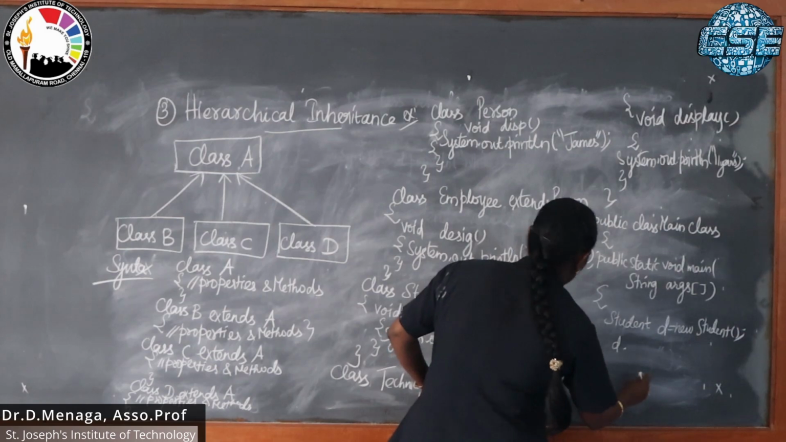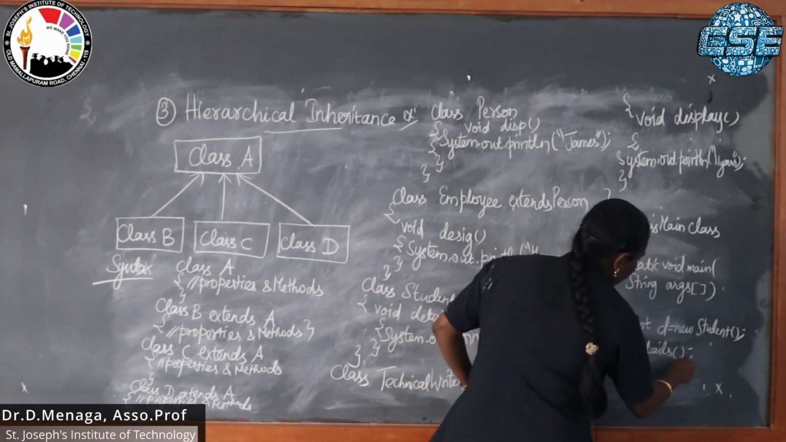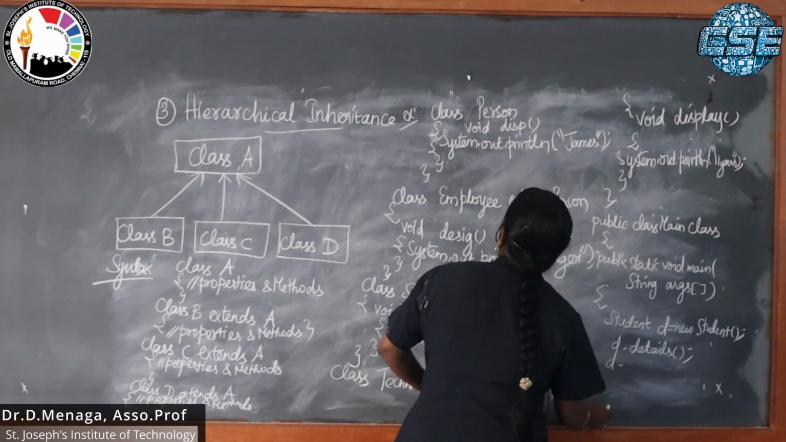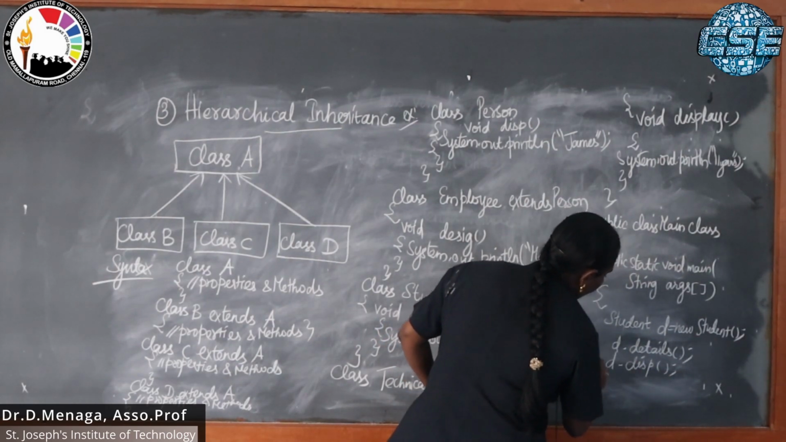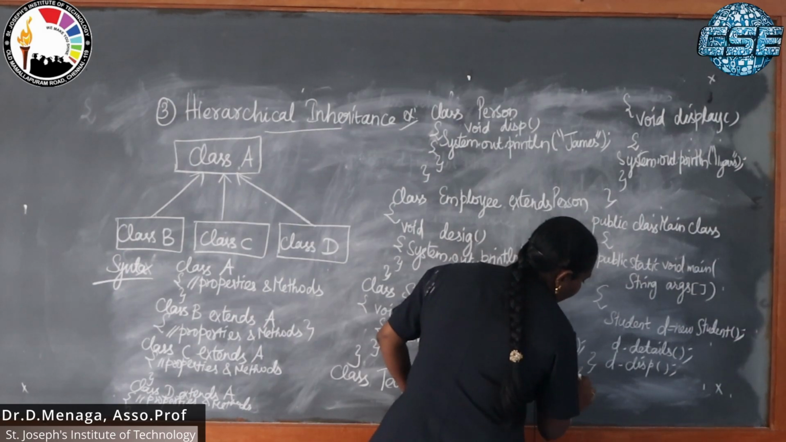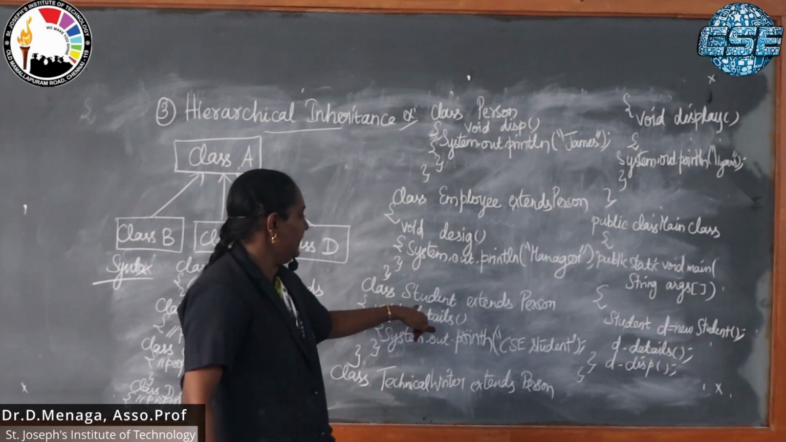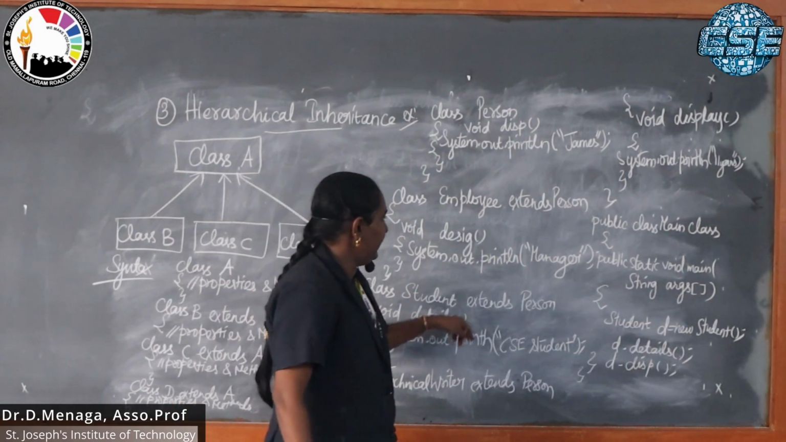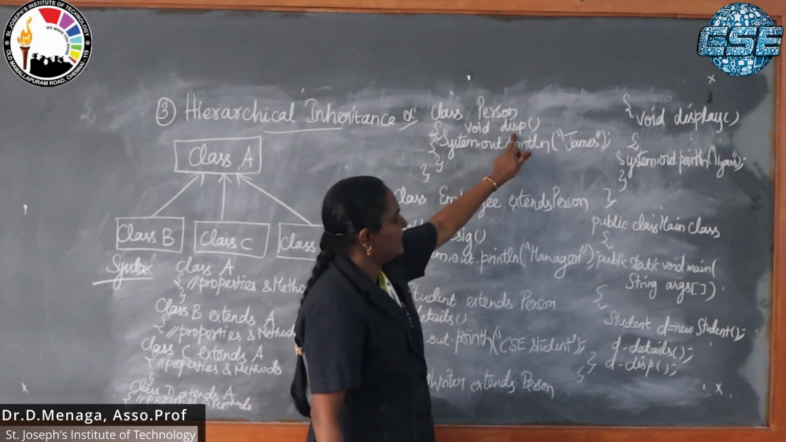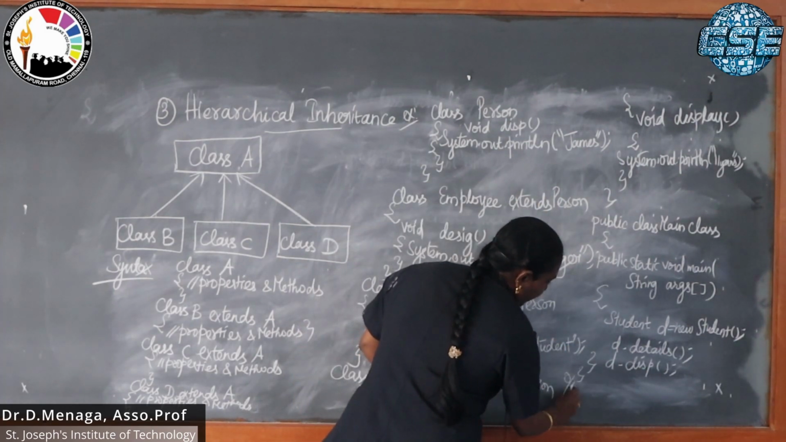I shall be accessing d.details of, and then d.display of. Okay. So I am creating an object for this particular student class and I am invoking the method which is present in the student class and then this particular base class display of. So when I give this, the output will be displayed as,